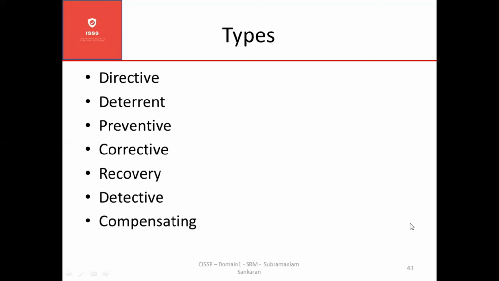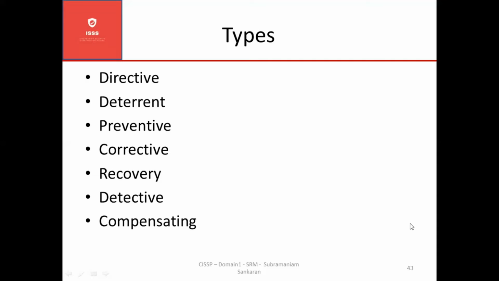Okay, don't drive more than 70 miles an hour on the motorway. It's something which is a directive. But you don't listen to it, and you drive at 80 or 90 miles an hour on the motorway, then I can even charge you and say that we have one. It's against the law. So deterrent control is something, and what happens is if you drive more than 70 miles an hour, and you're going to have